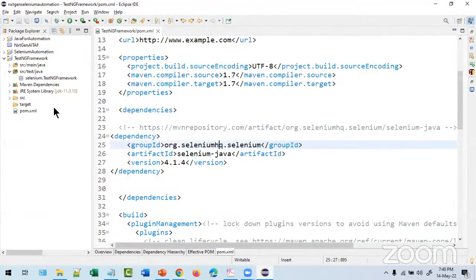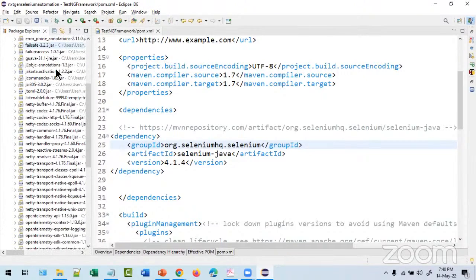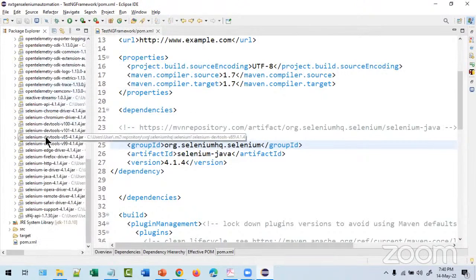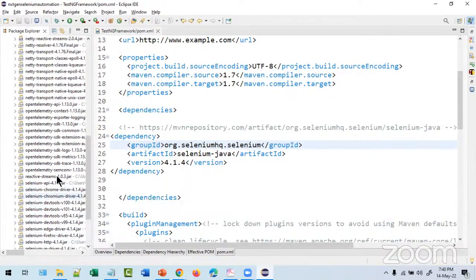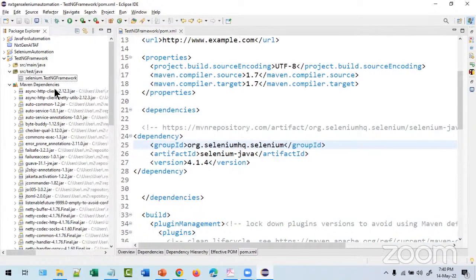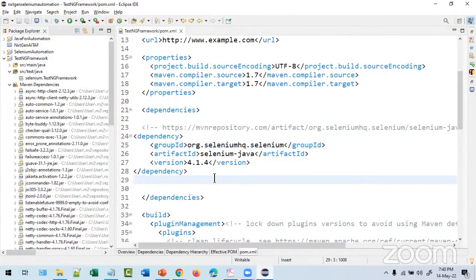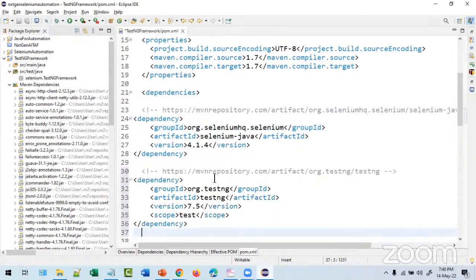So this is done. Now you see under the Maven dependency, whatever the file, Selenium, DevTools, Java, JSON, remote, Safari, everything automatically happened. You didn't do anything. Same way, TestNG, paste it, press Ctrl S. Which version of TestNG?